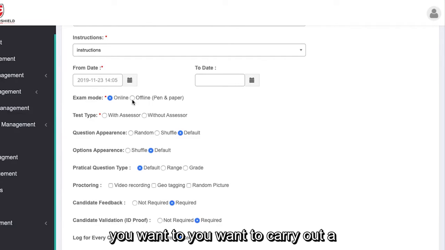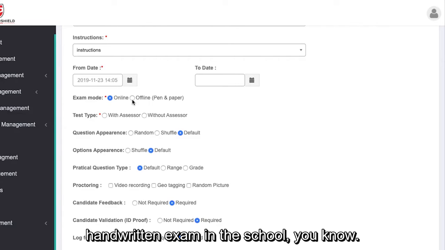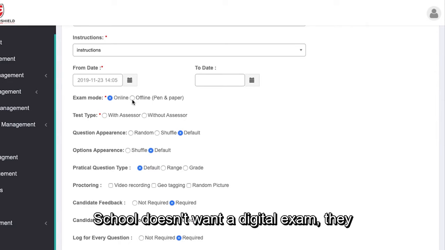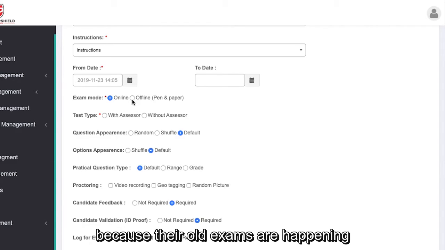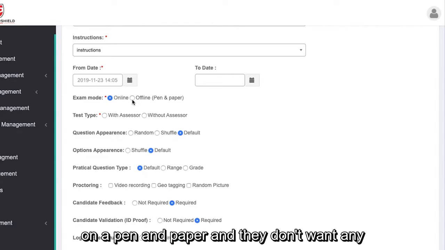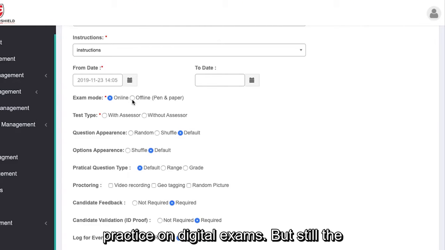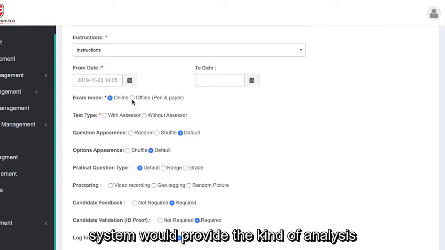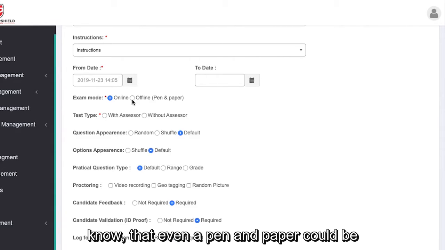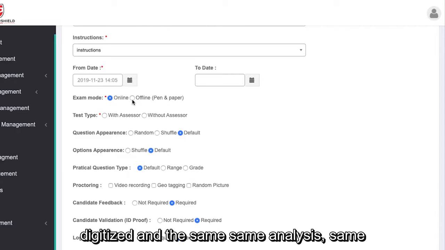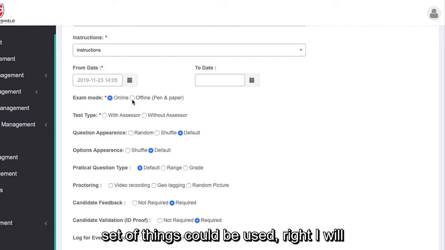Let's say you want to carry out a handwritten exam in a school. The school doesn't want a digital exam, probably because their board exams are on pen and paper and they don't want any practice on digital exams. Still, the system provides the kind of analysis and power it gives you, so that even a pen and paper exam can be digitized and the same analysis and same set of things could be used. I'll tell you how.